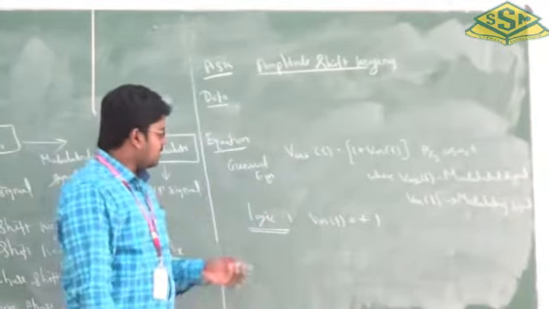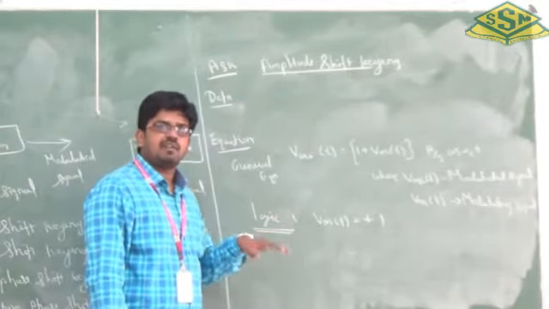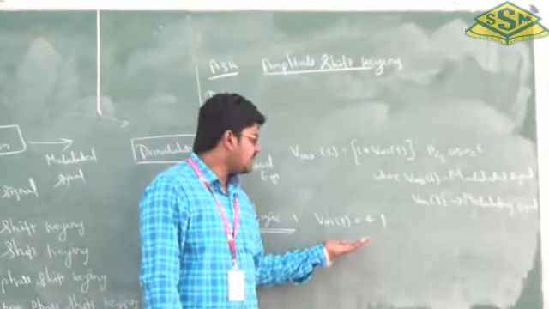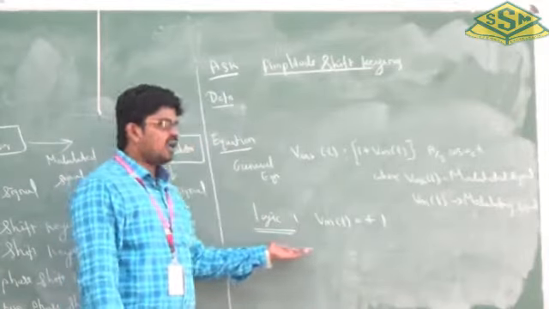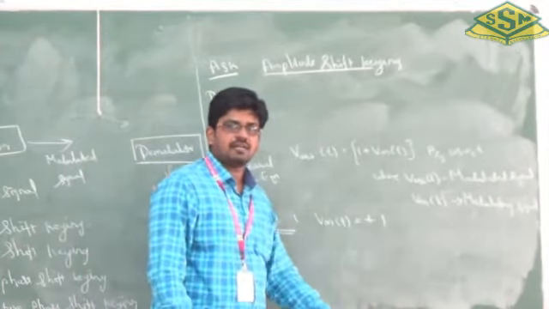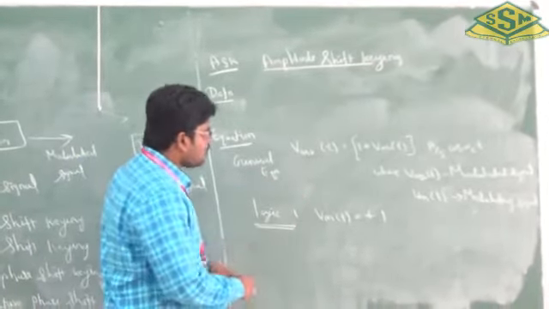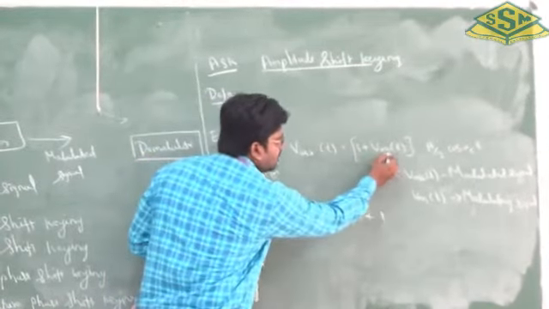So what happened is, this logic will enter into the level converter. After that we can find the value. That's why we can assign Vm of t equal to plus 1 for logic 1, and Vm of t equal to minus 1 for logic 0. We have to apply it later. So the first one we can find here, Vm of t equal to plus 1, and for that we have to apply it here.